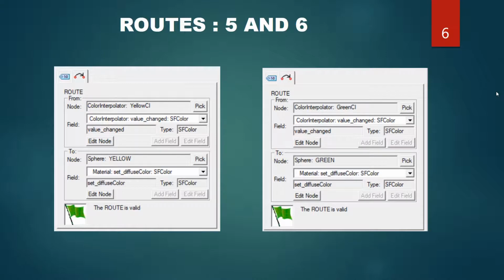The fifth route will be from yellow color interpolator to the yellow sphere, and the last one will be from green color interpolator to the green sphere of the traffic signal. So in this way we will be constructing 6 routes.